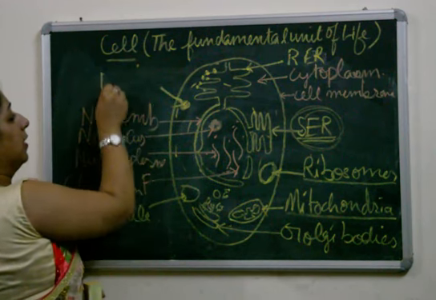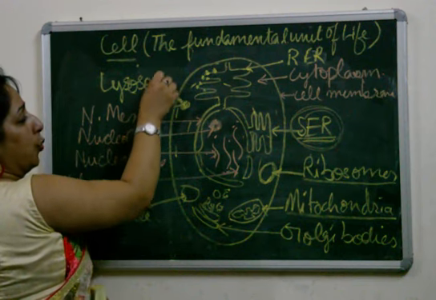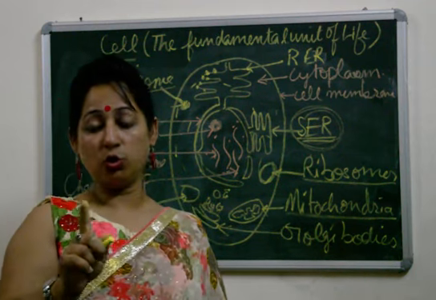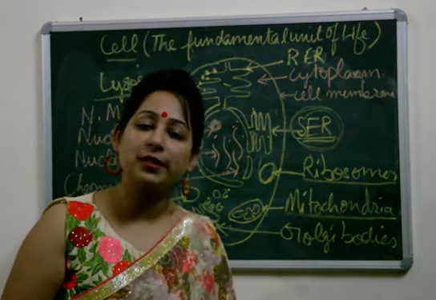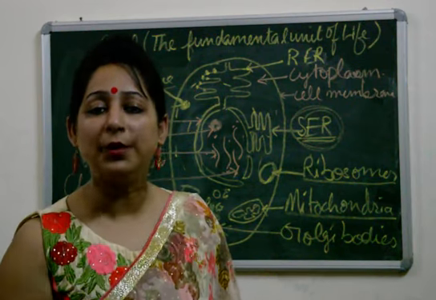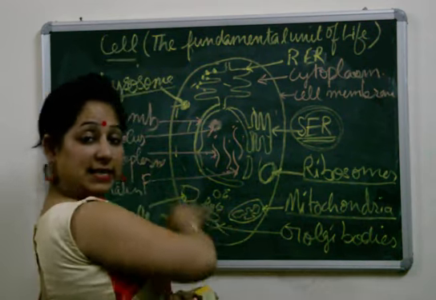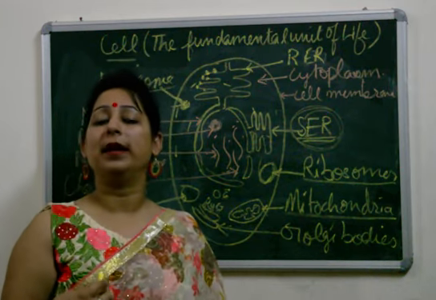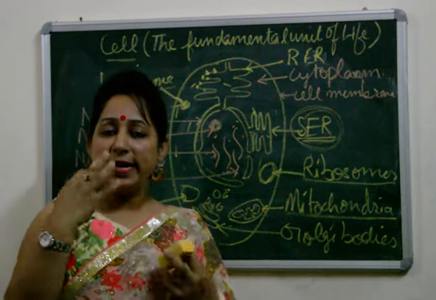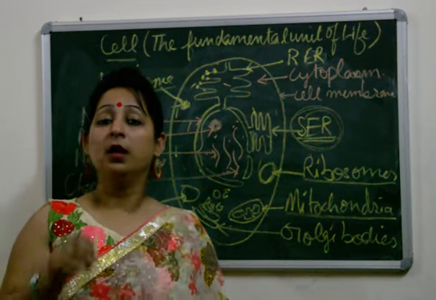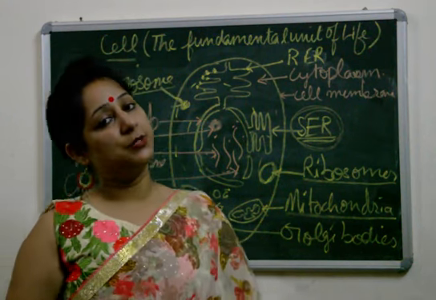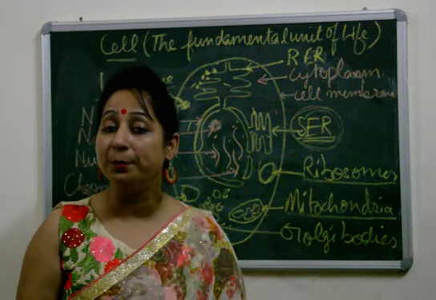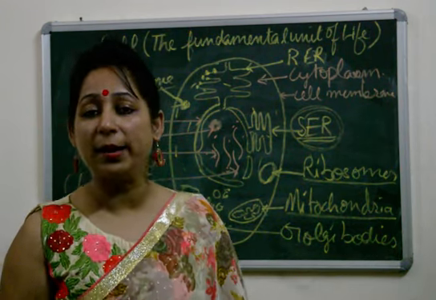Next cell organelle, a very important organelle, would be lysosome. You all must have heard lysosomes are called suicidal bags. First of all, we must know what is the function of lysosome. Function of lysosome is intracellular digestion. Intra means inside the cell. That is, it eats up all the foreign particles which are not required by the cell. It eats up those foreign particles and digests them. The main thing to remember is that these lysosomes have a digestive enzyme present in them known as lysozyme.